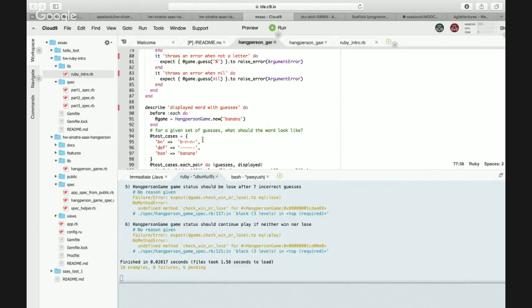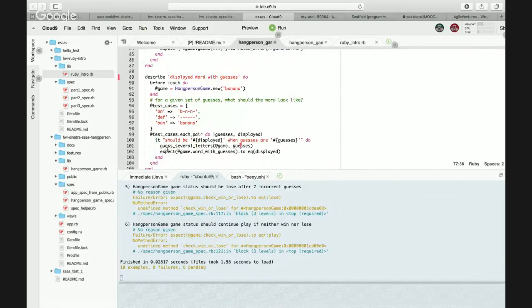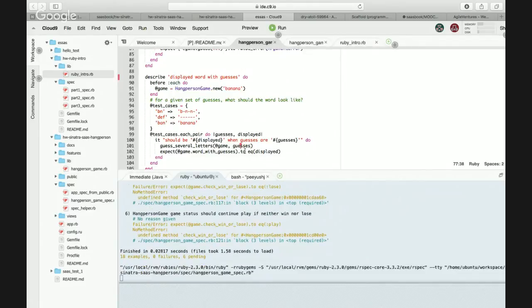Be in test cases. Okay, so they have created in hash test cases. Okay, this is just fine. Can you run me through it? Because it is difficult getting me to understand this RSpec language a bit.